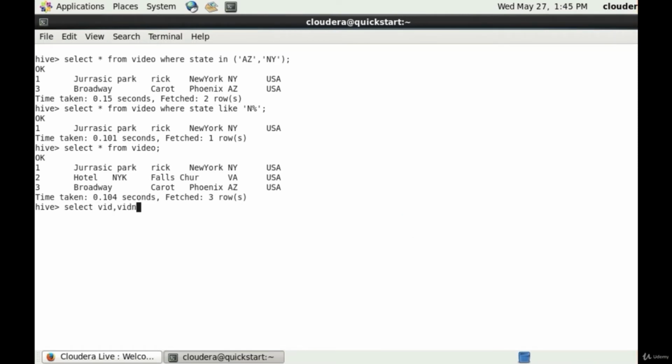Select video ID, video name from video. What we are doing here is we are specifying partial column names. I don't need everything. Select video ID, video name from video,